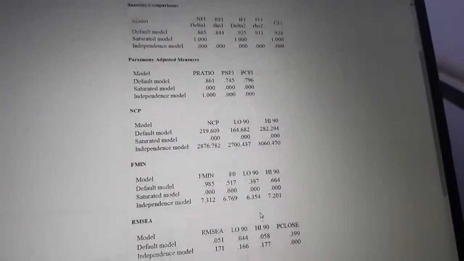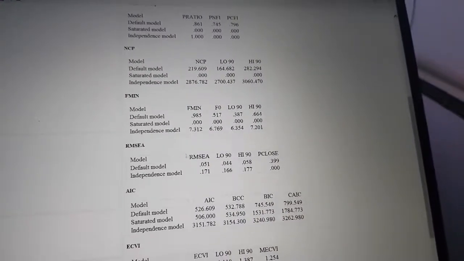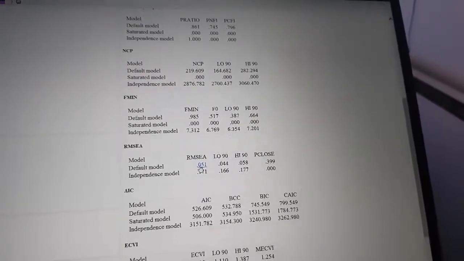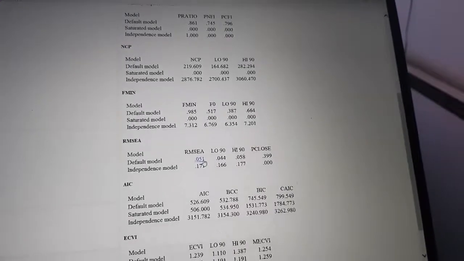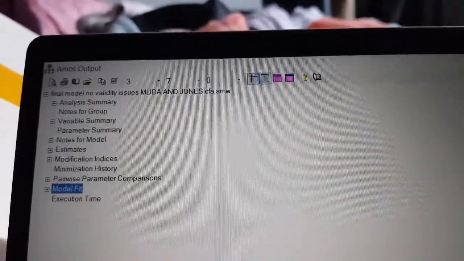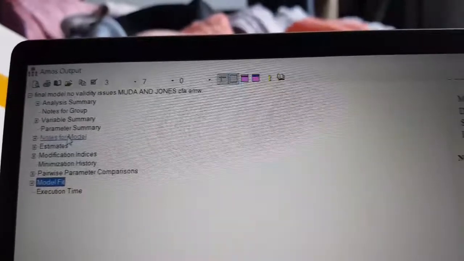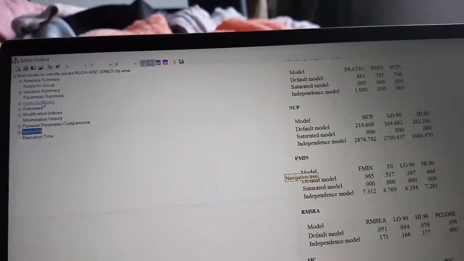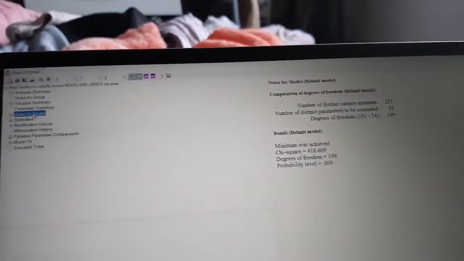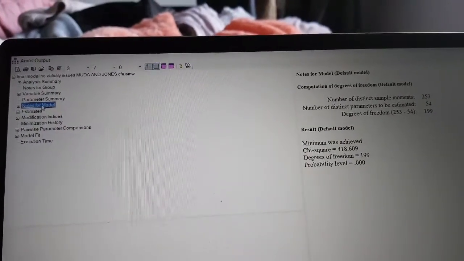And we don't touch those ones, we just look for the next one, which is our RMC. Our RMC has to be up to 0.5, and here we have RMC of 051, which is good. And then for us to check our AVE, we come here where you have notes for model, and we click on it. So let's click and see what happens. So clicking on it brings us to this place where we have our chi-square and everything, but that's not what we want. So we want to see our AVE and everything, so we'll just click on